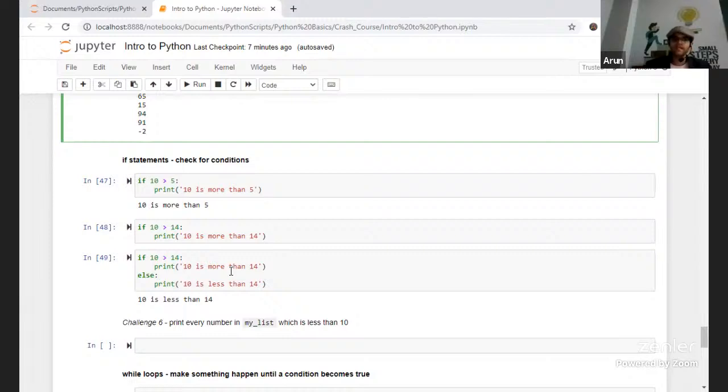So instead of giving 10, if you give some other value, a variable, and that variable is getting a value assigned from multiple places, then when you print over here, if that variable is greater than 14, it will print that the variable is more than 14. If that variable is less than 40, then we need to mention that that variable is less than 40. So that is how we can ensure if statements are checked within the condition in the program.